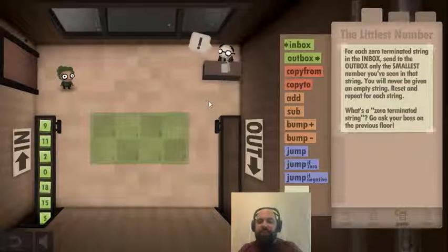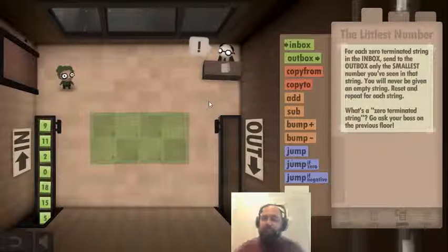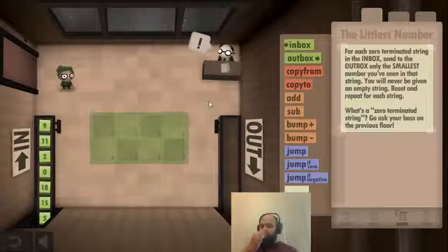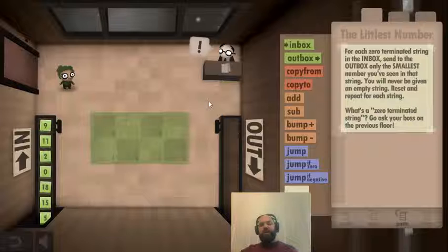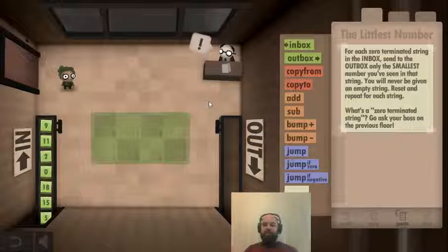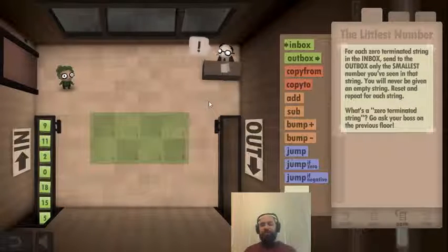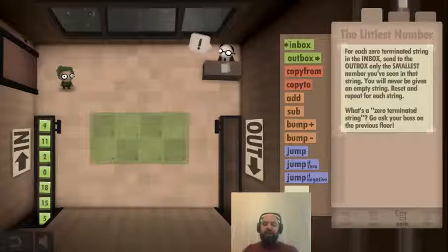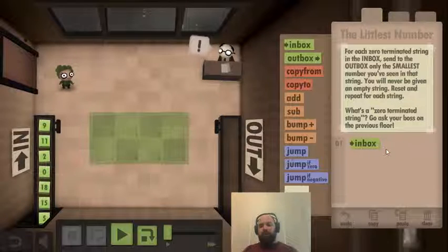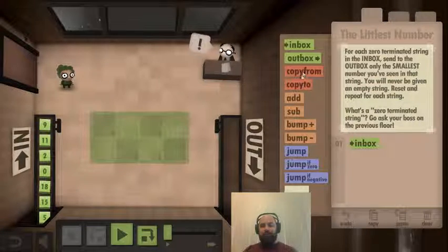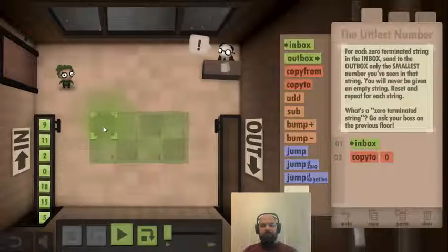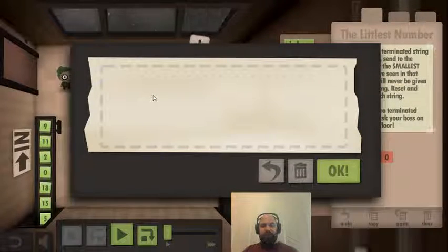Okay, for each 0 terminated string in the inbox, send to the outbox only the smallest number you've seen in that string. You will never be given an empty string. Excellent. Reset and repeat. Okay, so we grab something from the inbox, we copy it to 0, which is small,